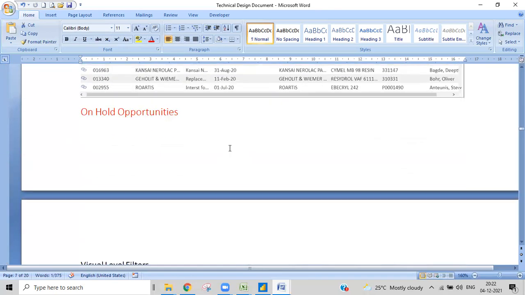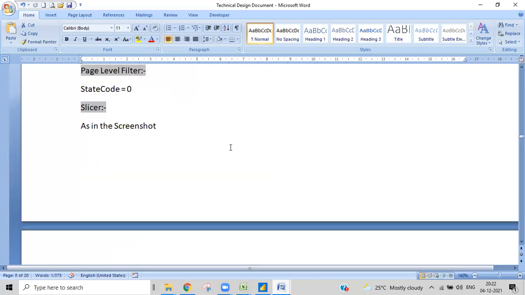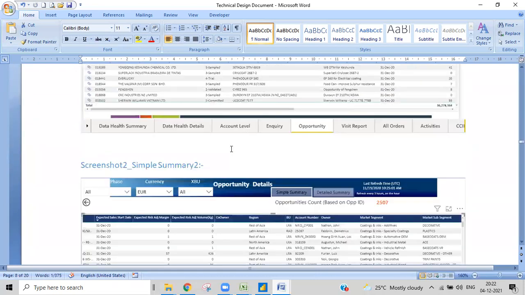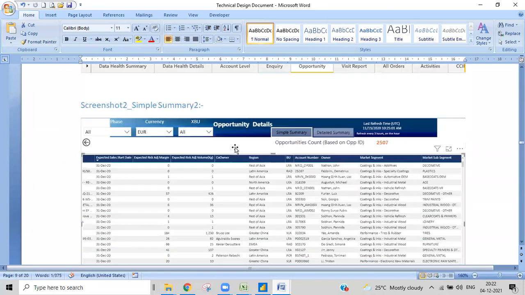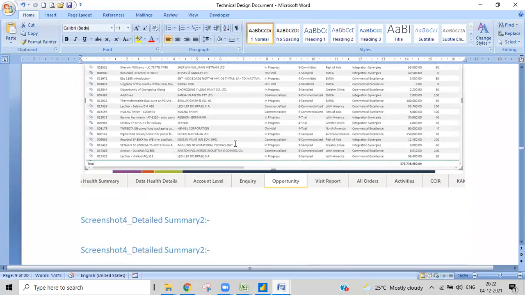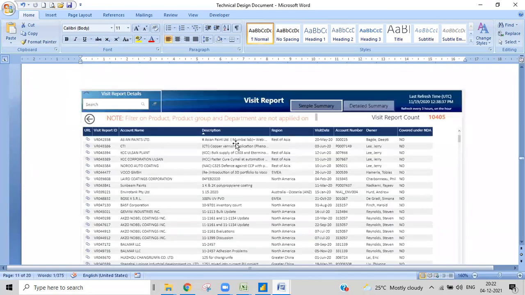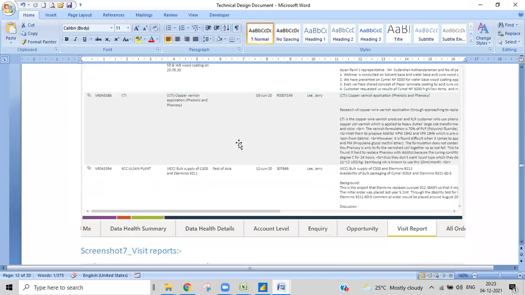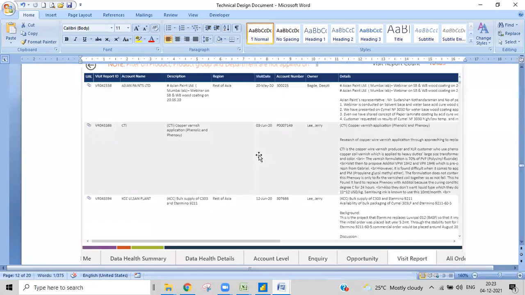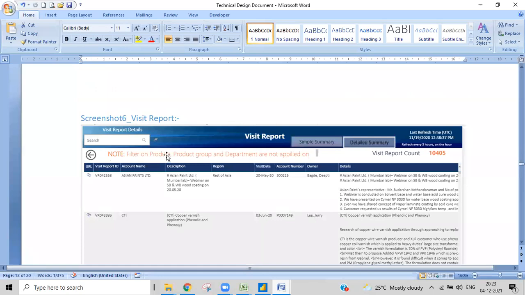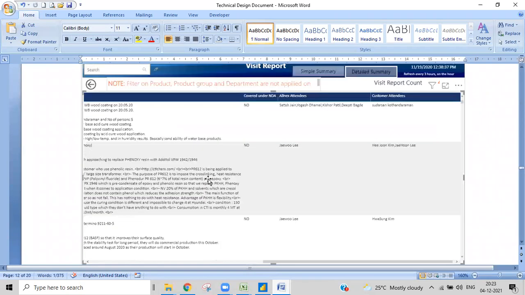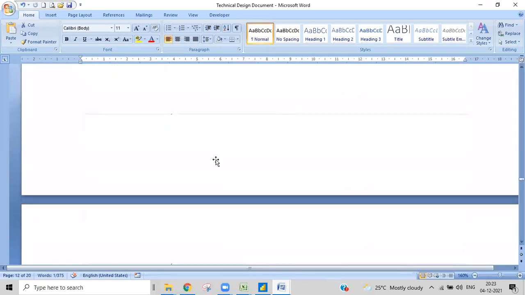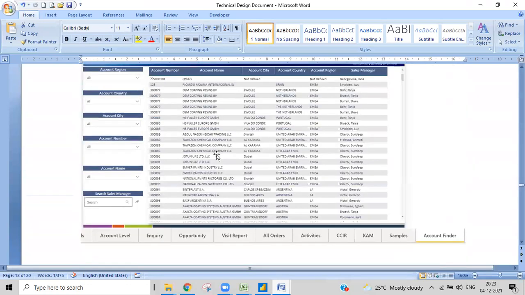So here are the requirements, whatever requirements you have been given. A lot of tables in this project, and after that, a lot of bookmarks, and a lot of tabular format. It's not that every project needs a lot of visualizations. As per this client's requirement, he needs a lot of tabular format. So we made it, with a lot of pages.